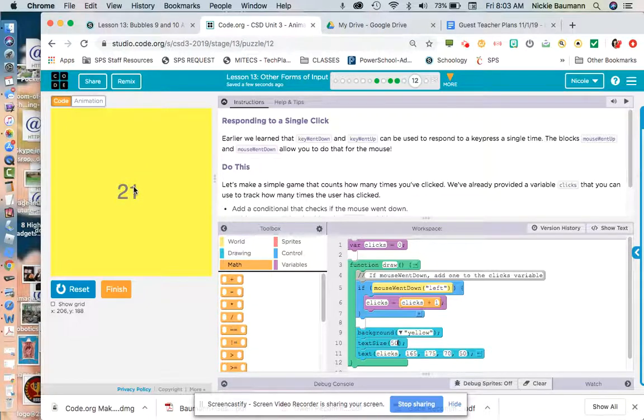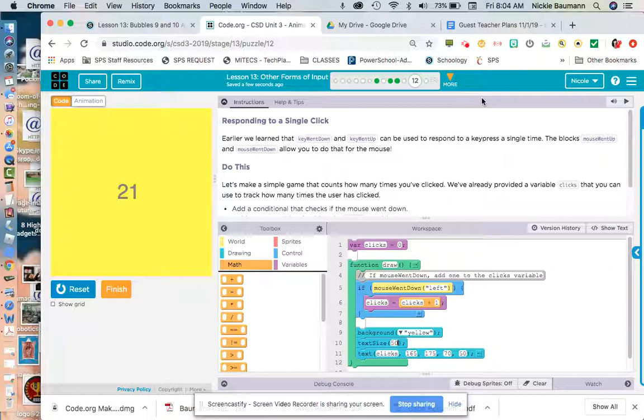And then remember, this is the text, and it's outputting the number, what the value of clicks is. It's outputting it right there, and then this is the location of where the text is going to be located. So, and how wide that text area is. That's why I couldn't go over 50.